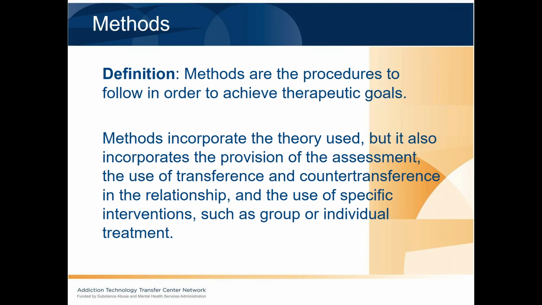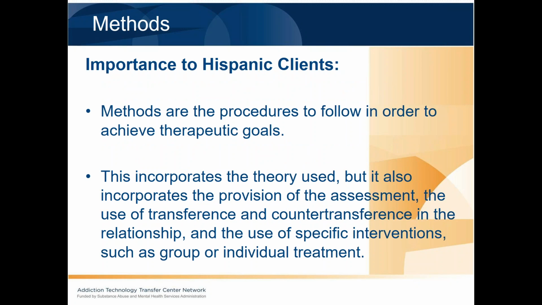Now, this is using all of the things that we've discussed previously today, but also being aware of that transference and countertransference in the relationship and the use of specific interventions. Is this the right intervention? Is this the right treatment? If we're using CBT, if we're using a brief family therapy, what is going to be best for this client and his or her family? The importance to Hispanic clients are, these are the procedures, and this allows us to actually meet the client where they are and develop things that are going to make the best use of